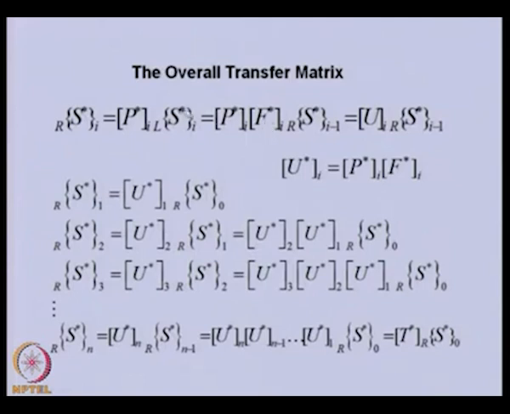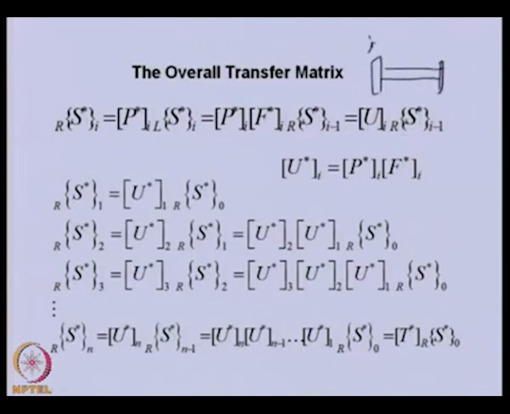So, if we substitute, we are now able to relate the state vector right of the I minus 1 disk to the state vector right of the ith disk, and this P into F we call the transfer matrix, and this is basically transferring the state vector, if we see from the figure,